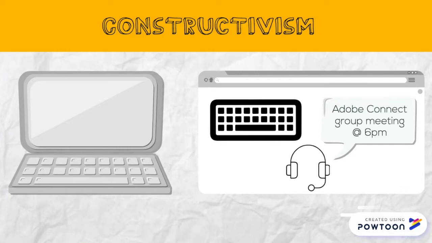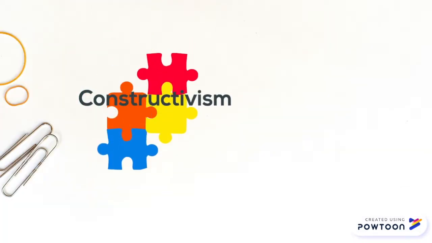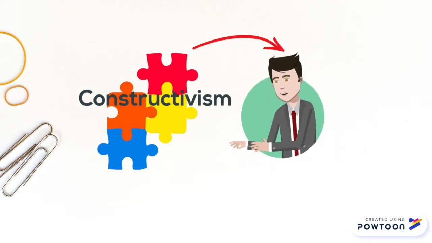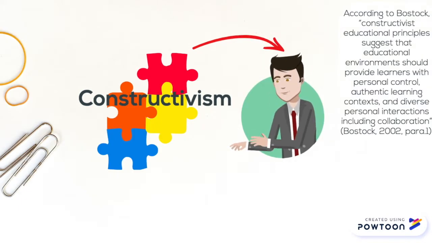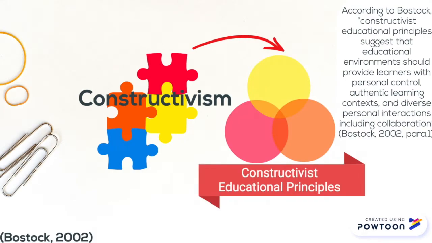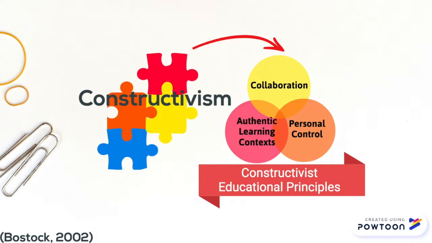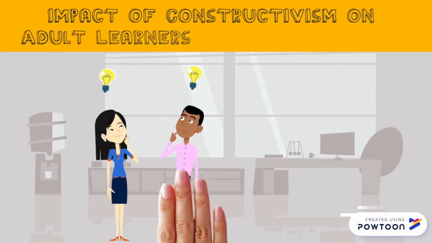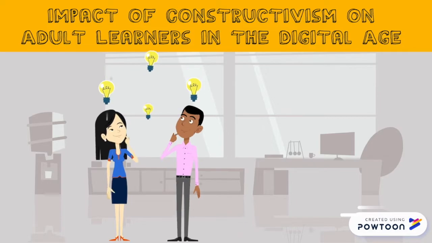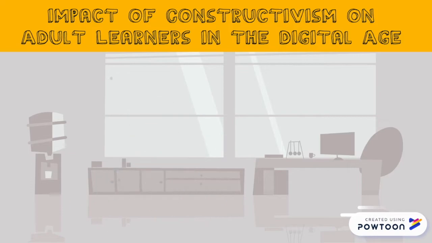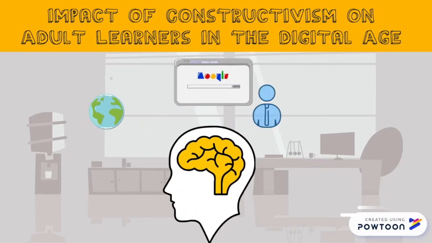radiate with success. The constructivism theory connects greatly to online learning in higher education, as constructivist educational principles suggest that educational environments should provide learners with personal control, authentic learning contexts, and diverse personal interactions, including collaboration. By including all these traits, students are able to participate in a classroom community where all can thrive. Adult learners within the digital age are able to increase their critical thinking skills, which in turn helps them become better students and learners. They are able to think outside of the box and find solutions to questions or ideas